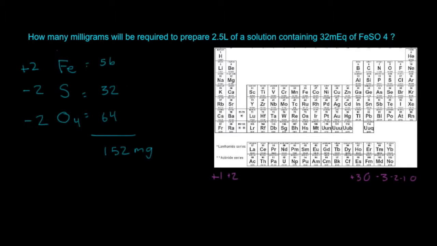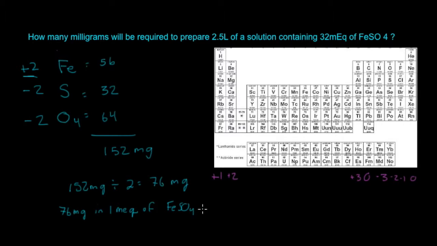So which element has the greatest charge? It's going to be iron, because it has the +2 charge. So we're going to do 152 milligrams divided by 2, and that's going to give us 76 milligrams. Okay, 76 milligrams. Now what are we going to do with 76 milligrams? Because there's 76 milligrams that are going to be in one mEq of